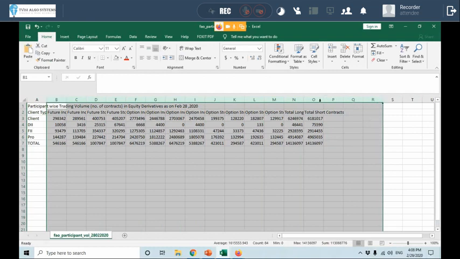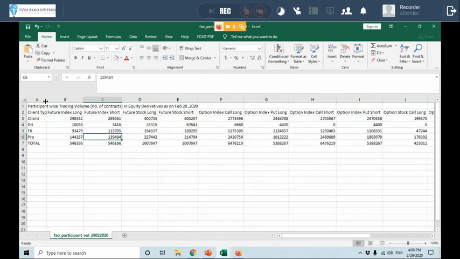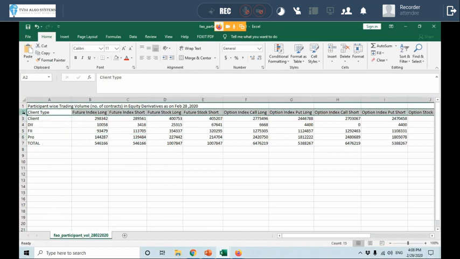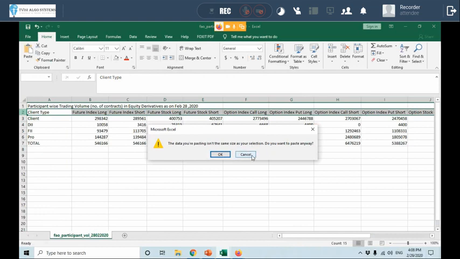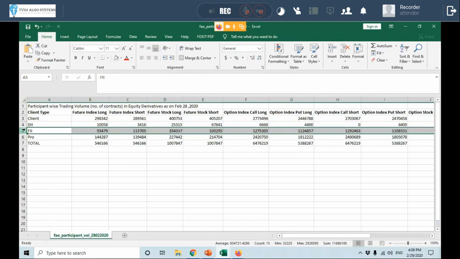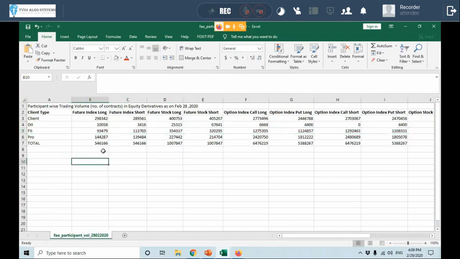Basically, what each entity did. So there are these 4 types of entities. Client. This can be retail clients and other clients. This is DII. This is FII. And this is proprietary desk. Other than all this will come as clients. This could be retail, HNI clients, whatever. So what did FII do? Let's first look at FII because they are the big fish in the market. They longed